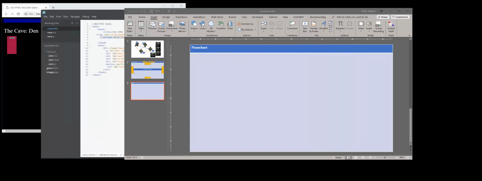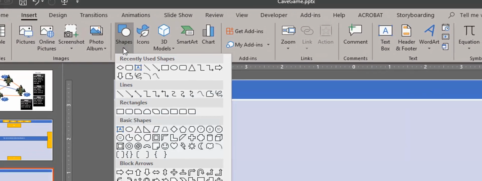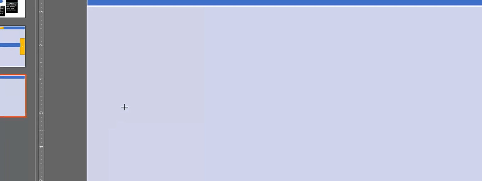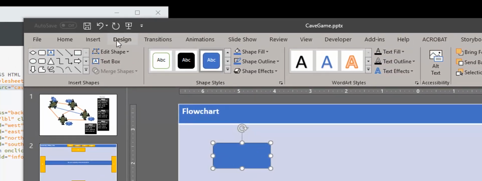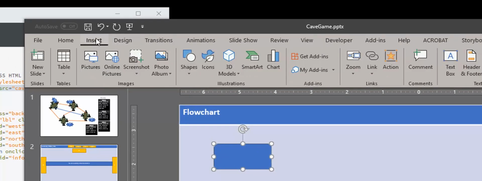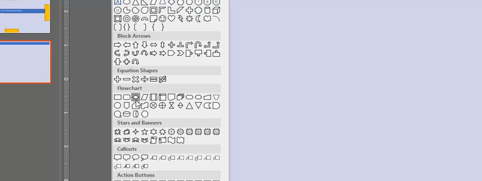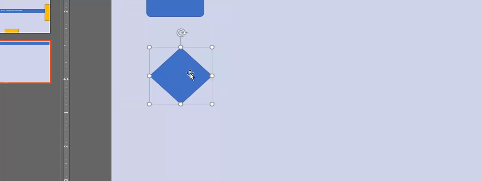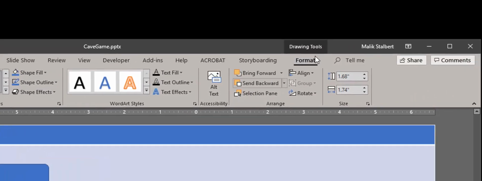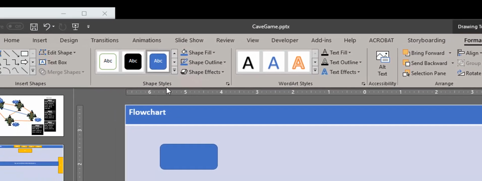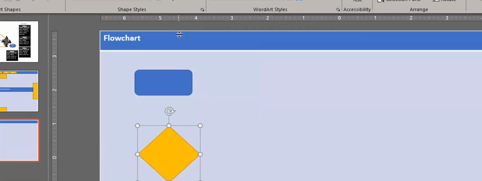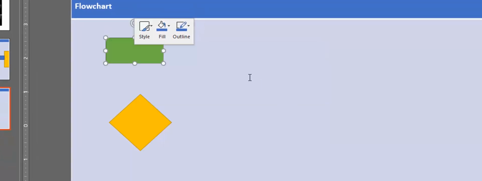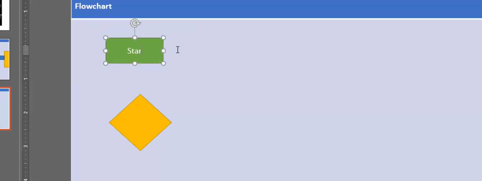So we're going to make this as simple as possible. I'm going to go here to shapes, and if you look down into the shapes, you'll see that right here we have this flowchart category, and we're going to choose the second one. We're going to drag that out, and then we're going to probably have a decision, most likely. So I'm going back to the insert tab, over here to shapes, and I'm going to go ahead and drag out this decision right here. We can change the style of this by going up here inside the format tab, over here to the styles, and choosing a different style if you want, or you can right click on something and go to styles and then choose the different style that you want. Either way is fine. This one right here is going to be the start,